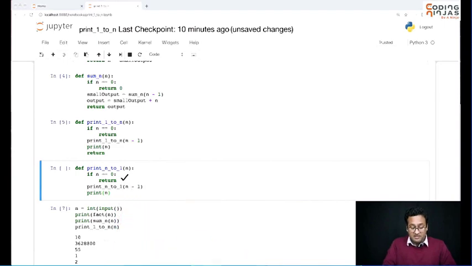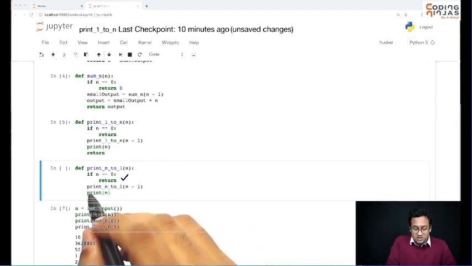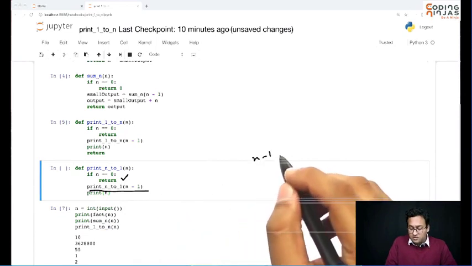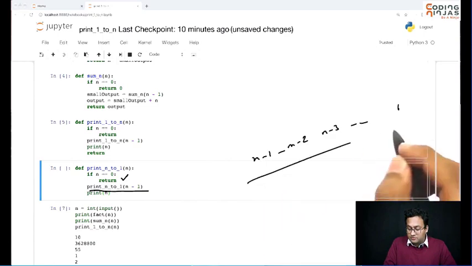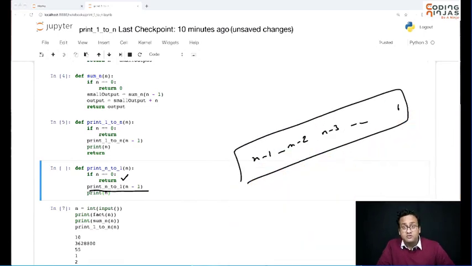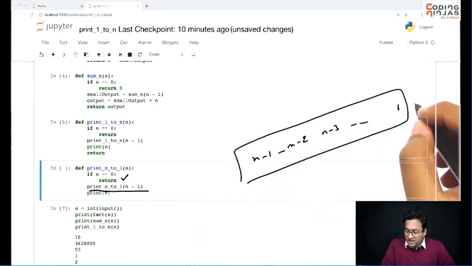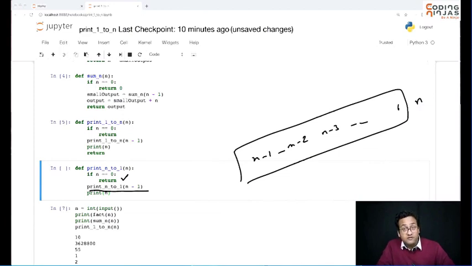The base case is correct. Hypothesis is fine. You are saying this call will print n minus 1, n minus 2, n minus 3 up to 1. But what have you done? You have printed n after the call. You haven't done the induction step properly.